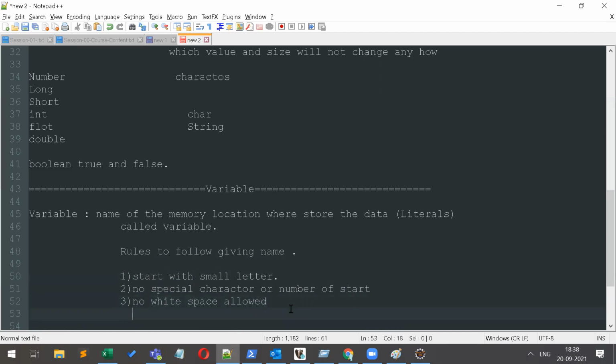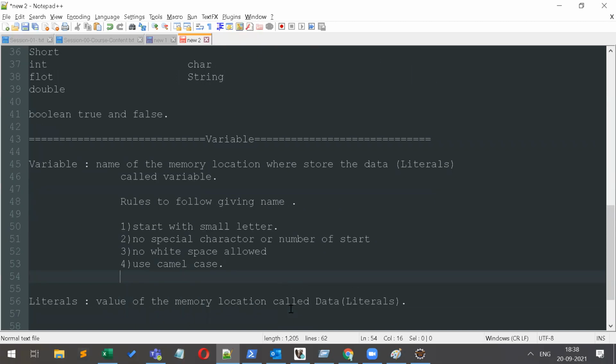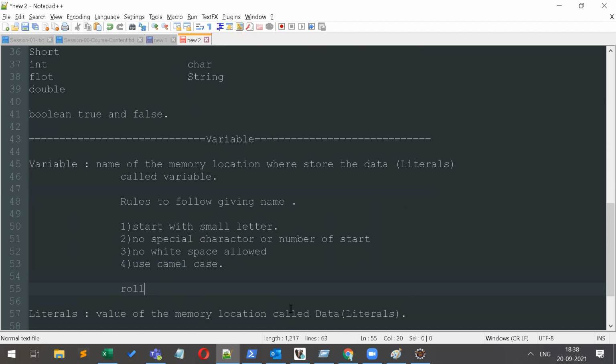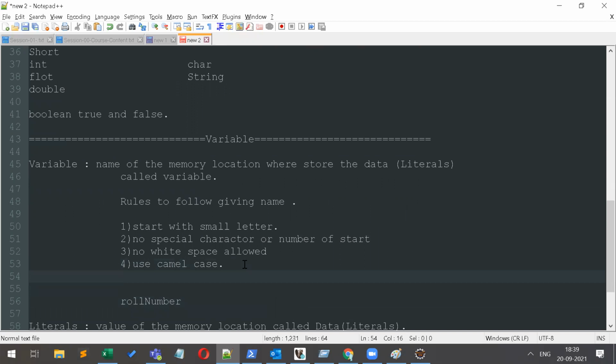Suppose you have to write the roll number, so you can't write it like this, roll space number. You have to use camel case. So what is camel case? Just write it like this, rollNumber. Fifth rule is that naming is always subjective.